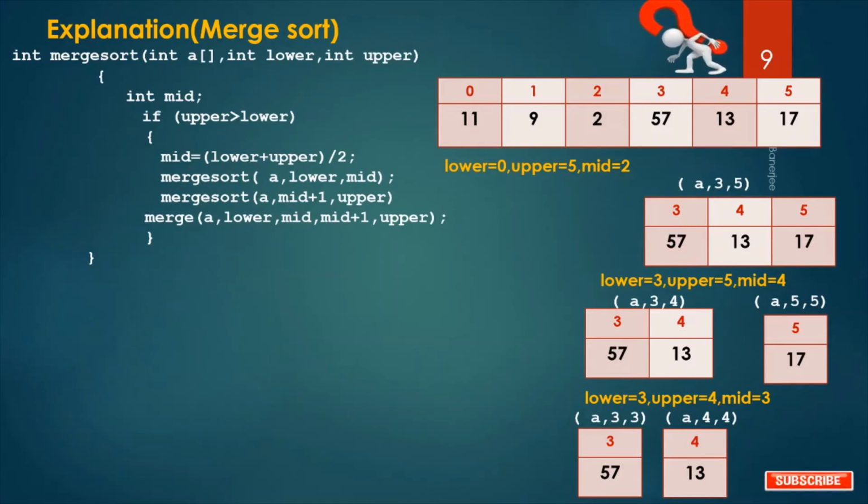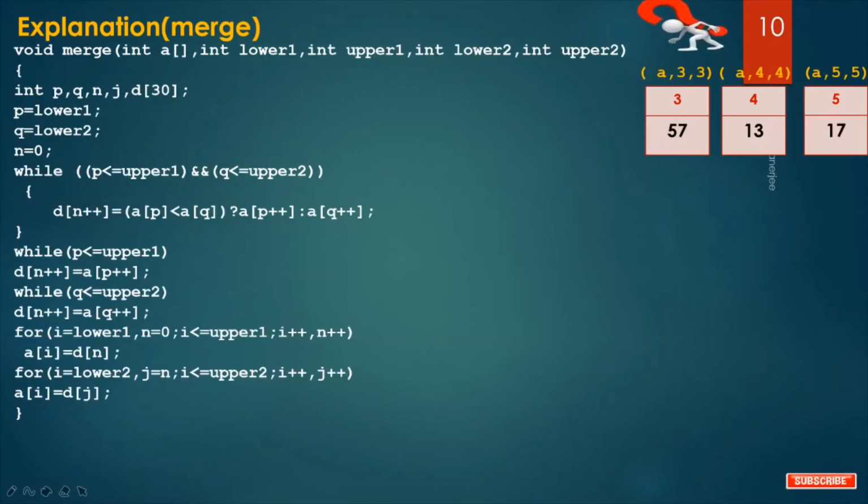Now what you have to do? You have to merge these. So we get three single parts and we have to merge them and get the sorted merged output for the right part also. So we have these three parts from the right hand side. Now we have to merge this. We already discussed how the merge function works.